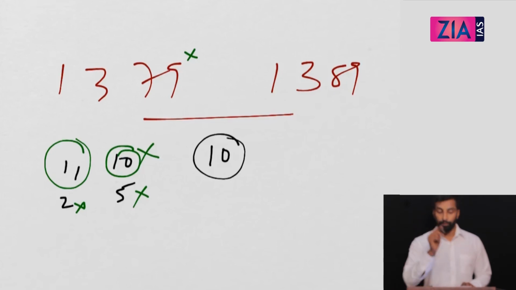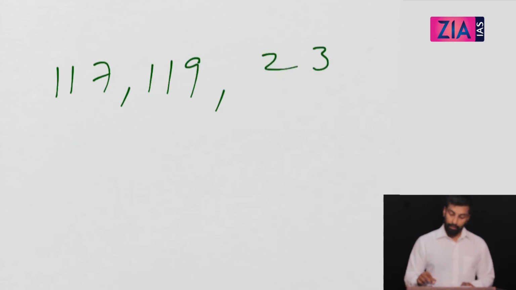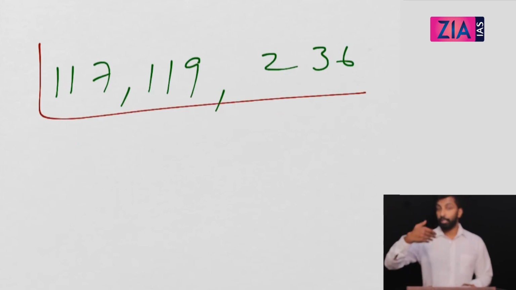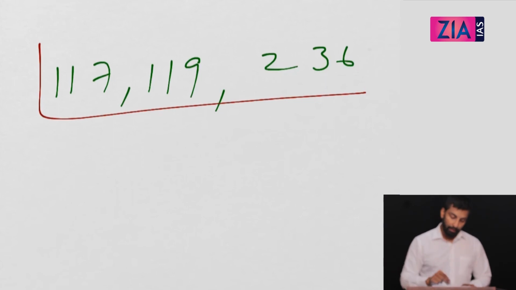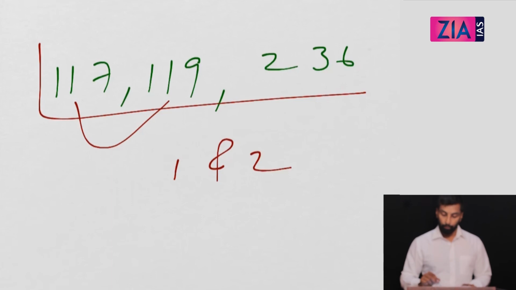If you can take the difference, or if I give you 117, 119, 236. Just like those random numbers, what you will generally do, you try to divide, you try to find the common factor, right? 2, 3, 5, 7, you keep on checking it. That's not worth doing in exam. So just take the smallest difference, 2 is the difference. So now I understood it's either 1 or 2. 1 or 2 is the HCF. Can it be 2? No, because this is odd number. So what is HCF? HCF is 1.